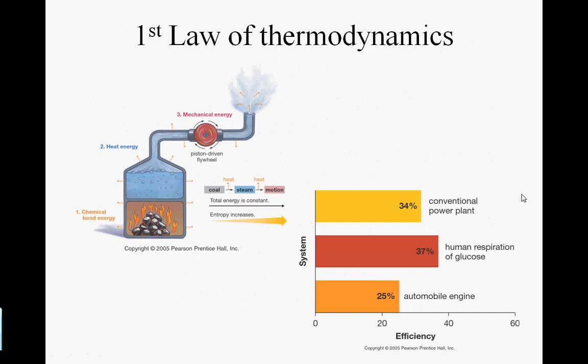The first law of thermodynamics, remember, states that energy can never be created nor destroyed. It's merely transformed from one form to another. This figure displays this very well. So what we have here is coal. The coal is burning. So the chemical bonds in the coal, when it's burning, get transferred into heat energy, and also get transformed into mechanical energy because the water has heated up and has served as mechanical energy to spin this piston, and then it is released also as steam.